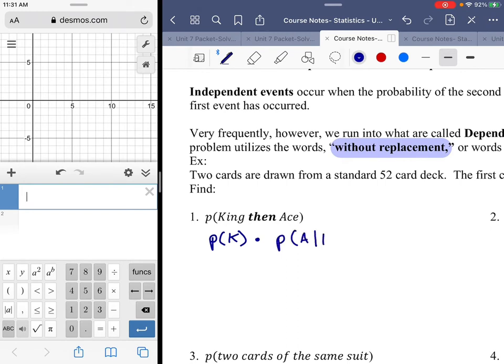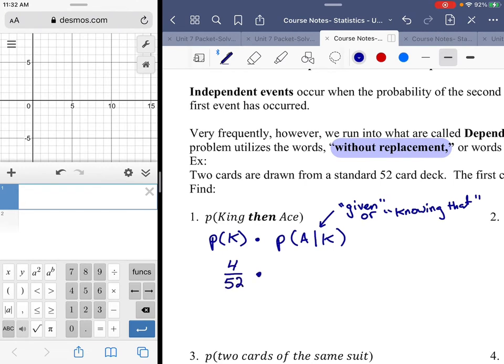The way we write that is like this, that little vertical line, which means given, or knowing that. This is read as the probability of getting an ace, knowing that the first card that was selected was a king. So if we know that there's 4 cards in the deck that are kings,